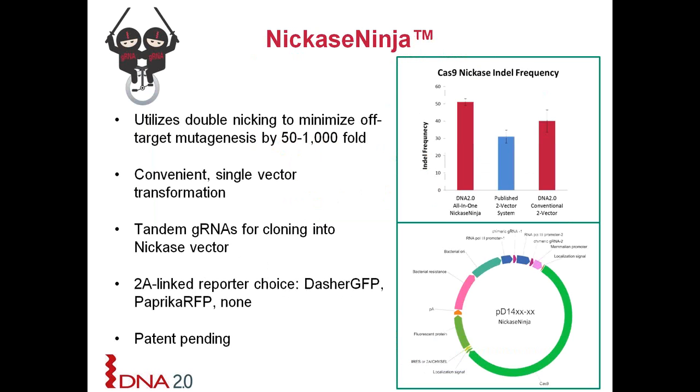What we've done here at DNA 2.0 is enable you to use a single vector and target two different sites using this nickase to hopefully minimize off-target activity. And it still retains the convenience of having an all-in-one vector. On the right here, I show a graph again of indel frequency, which is a measure of double-stranded cutting and getting mutations. And you can see here, if you compare our all-in-one vector at one genomic site versus a two-vector system, which would use two separate